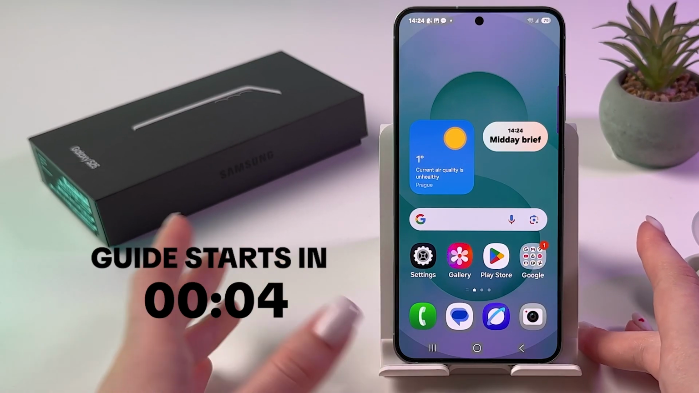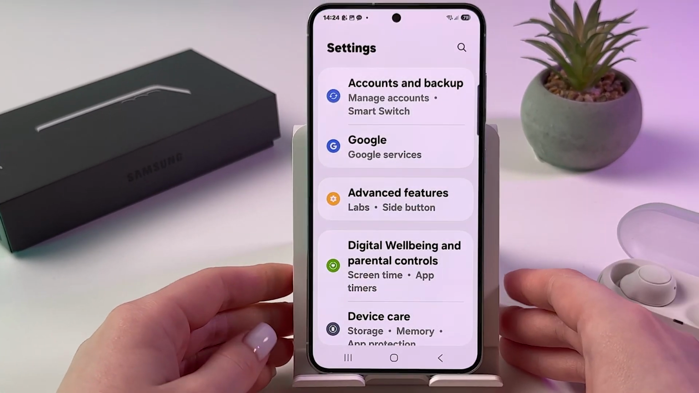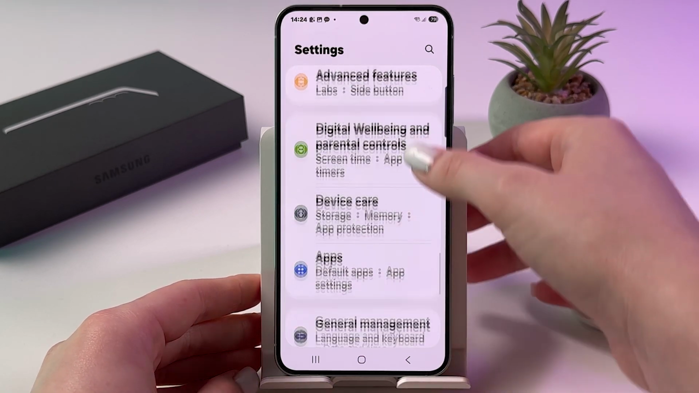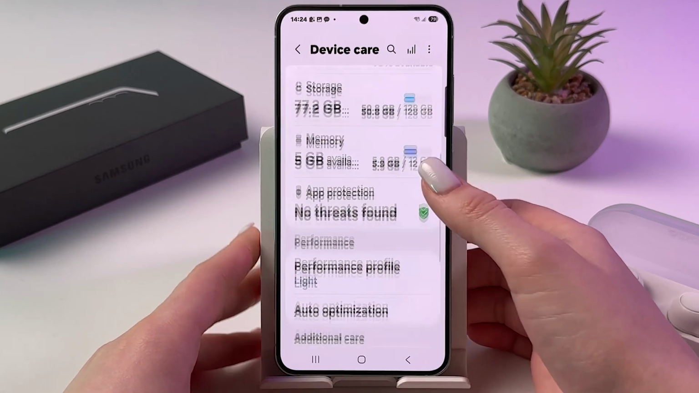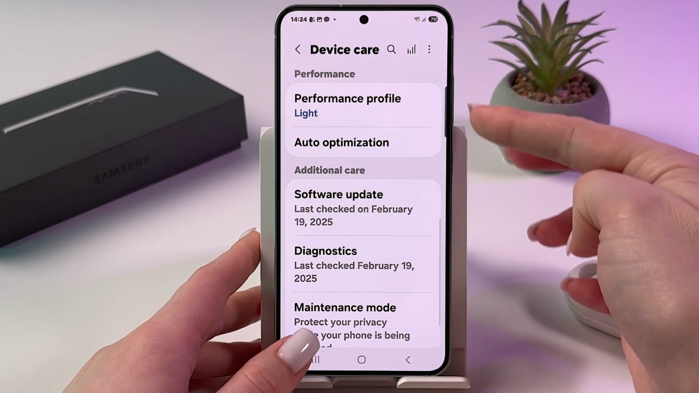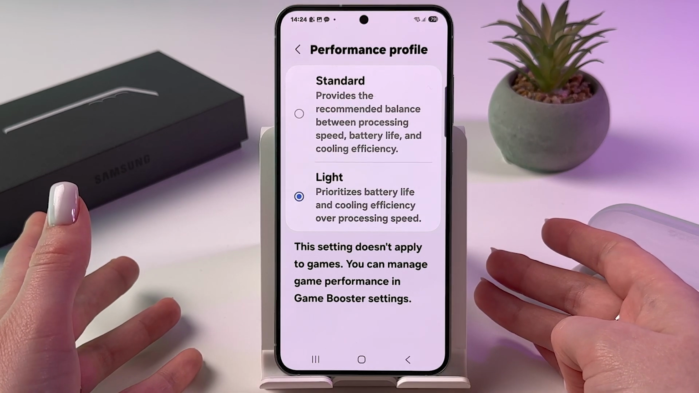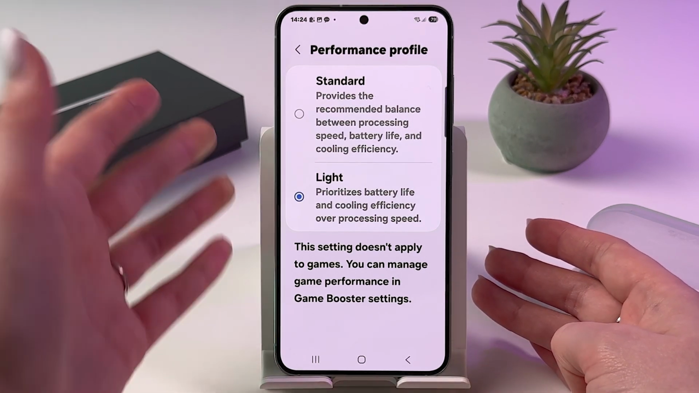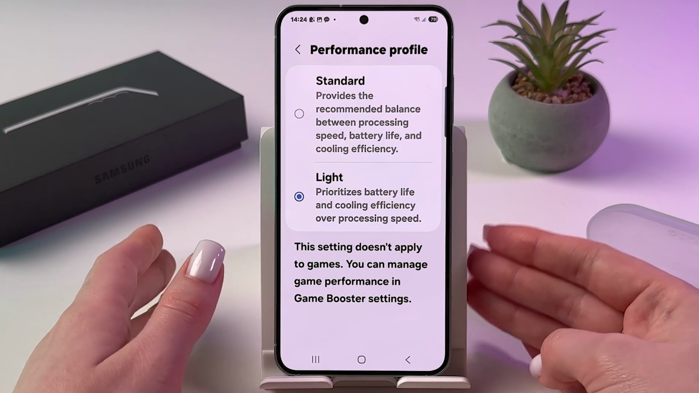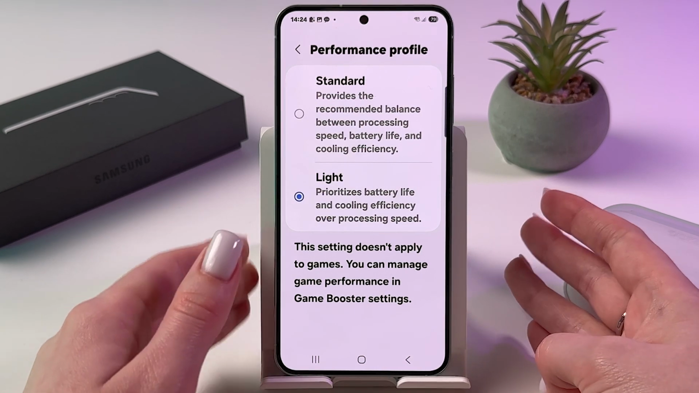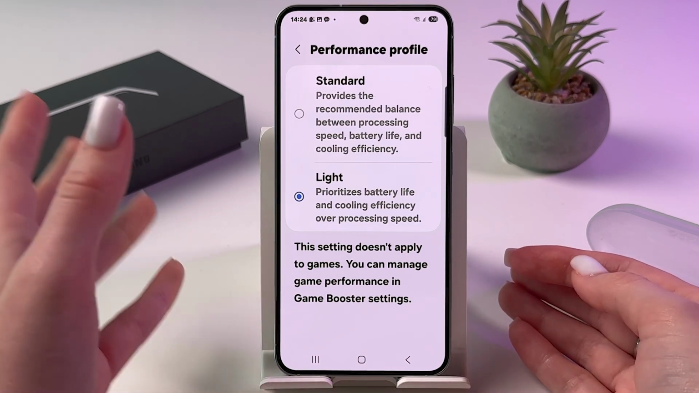Hi, to change performance profile on Samsung Galaxy S25, go in Phone Settings and from here find Device Care tab. After that, you need to simply choose Performance Profile, tap it, and now you can choose one of two options, either Standard, which provides the recommended balance between processing speed, battery life, and cooling efficiency, and Light one, which prioritizes